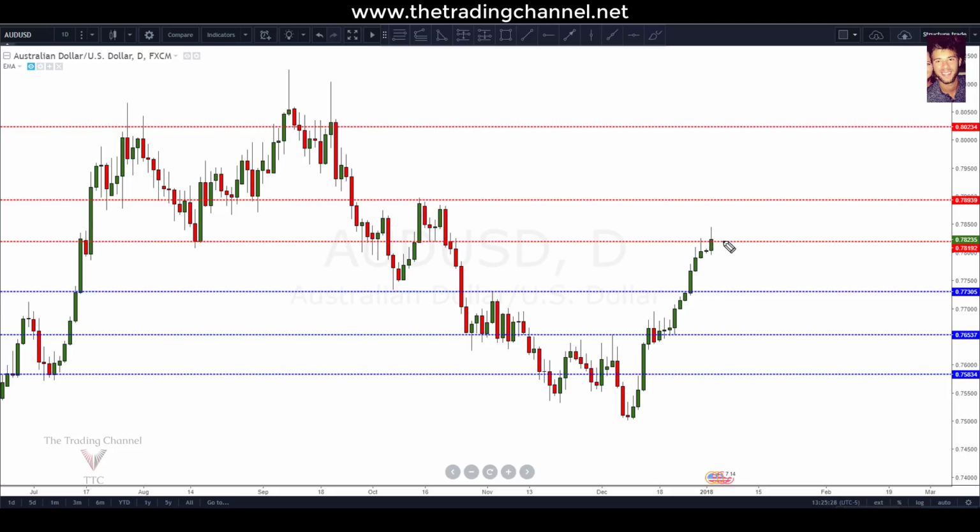Now, what could happen if the market breaks above this level? Well, if we go above 0.7819, we could possibly look for long opportunities all the way up to 0.7893. Somewhere around the 0.79 even handle is the next level of resistance we'll be paying attention to here on the Aussie dollar. And if we do get that push down, we could possibly see from the 0.7819 area, we can look for shorting opportunities all the way down to 0.7730. That'll be the first level of support we look for, unless we can get some type of different entry